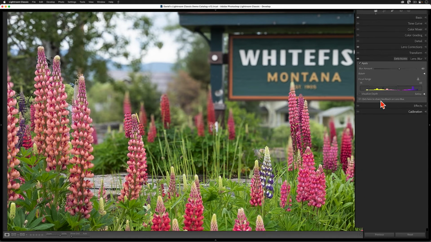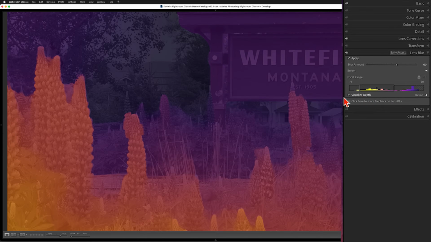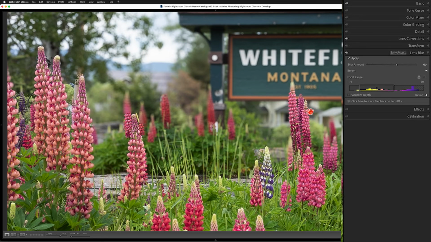If I turn the visualized depth map on, then perhaps you can see here in the diagram how the AI believes this is close, but that is far, when in reality, they're both parts of the same plant. It can be frustrating when you run into problems like this, but Lightroom offers a partial solution with this new